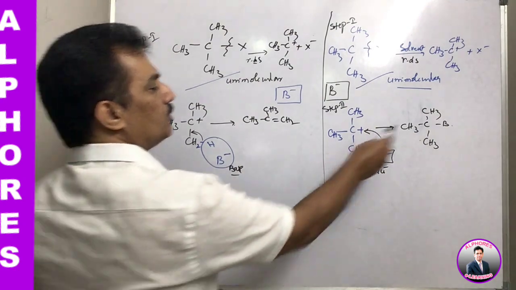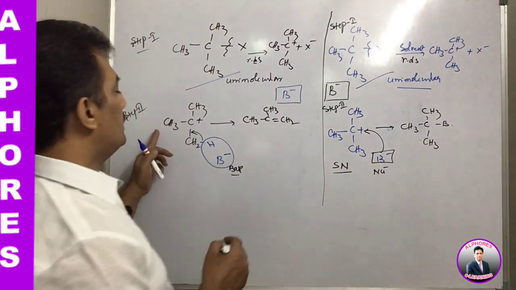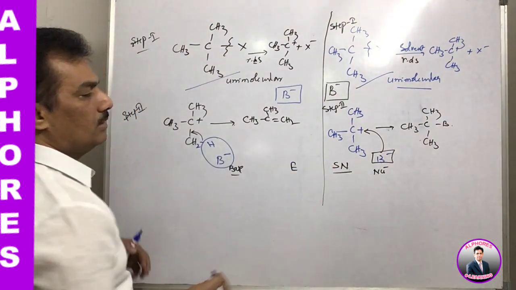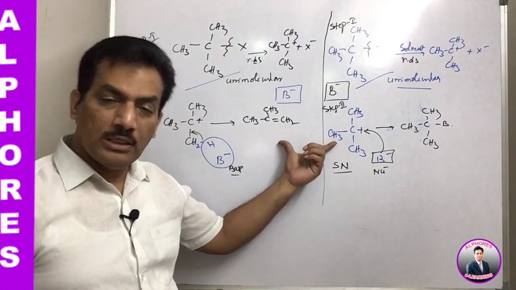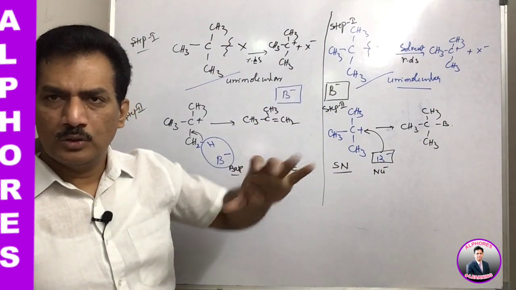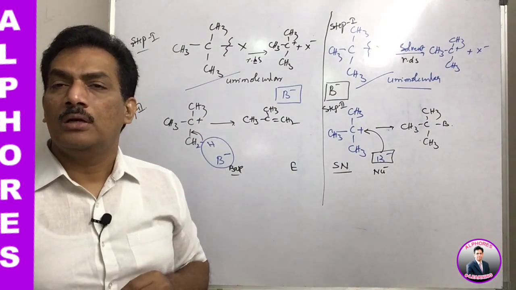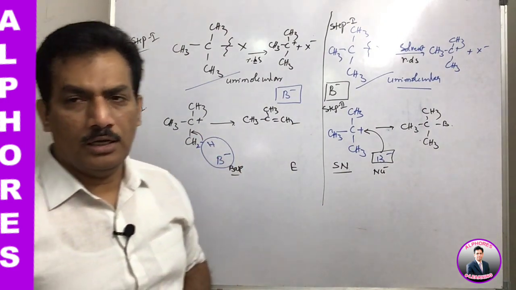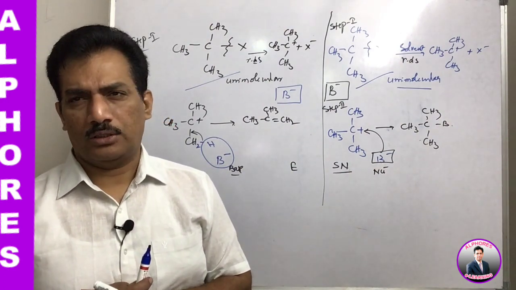Actually after the substitution we say that it is nothing but SN reaction, and after the elimination, hence it is elimination. But this elimination and SN we can observe only after the second step. In case of the first step both are the same. So by observing the first step itself, it is not possible to say whether this first step is leading to form the elimination product or the substitution product.